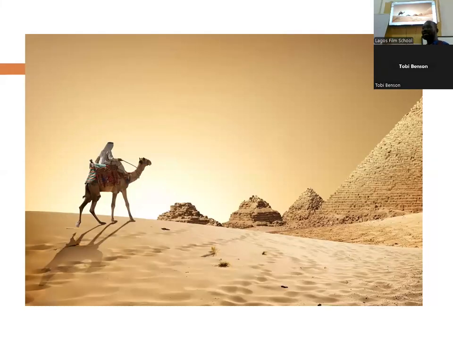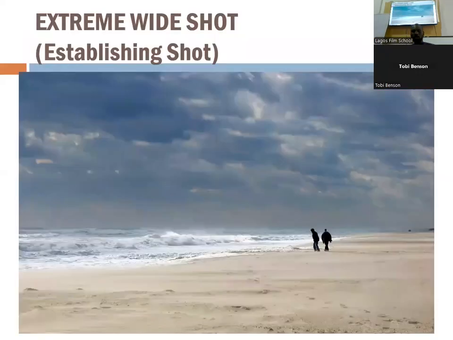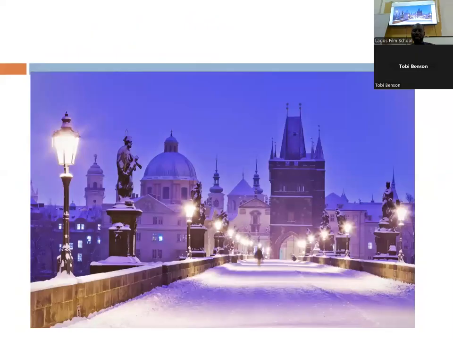Where are we? The desert. What time of day? By day. Compared to the whole of the desert, you can see how close he is to where he's going. You could also shoot a shot where he's just alone in the whole of the desert, and we shoot a panning shot of the whole desert, so he seems like a speck of dust, to let the audience understand that this guy is alone in the vast desert. And this one too, and this one too.